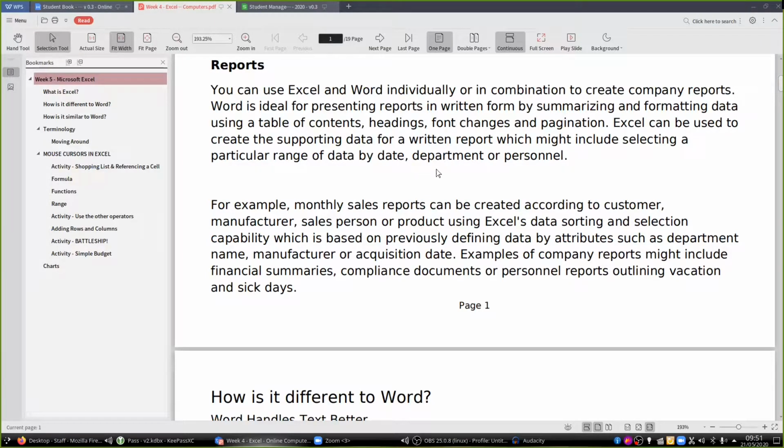So for example, monthly sales reports can be created according to customer, manufacturer, salesperson, or product using Excel's data sorting and selection capabilities, which is based on previously defined data by attributes such as department name, manufacturer, or acquisition date. Examples of company reports might include financial summaries, compliance documents, or personnel reports outlining vacation and sick days. So not necessarily information you need to know, but it just gives you a bit of a broad idea